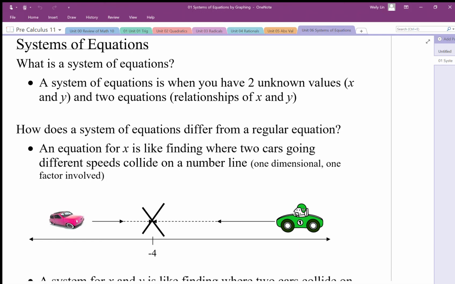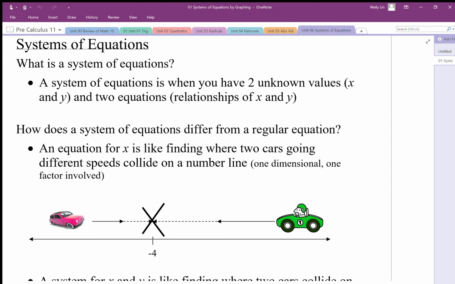So we are reviewing systems of equations from grade 10, and we're going to extend this idea into quadratic systems of equations. So first of all, what is a system of equations? A system of equations is when you have two unknown values, x and y, and two equations or relationships of